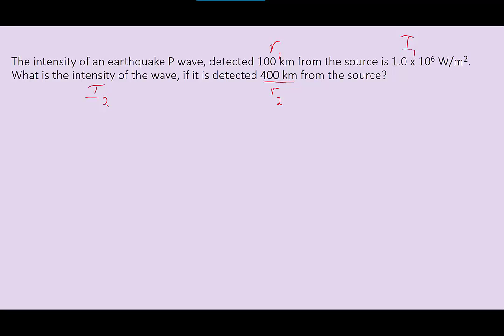There's a couple of different ways to do this. The easiest way, however, is to remember that the intensity decreases with the square of the distance. So we can make a proportion that says that I2 to I1 is equal to R1 squared over R2 squared. And then if we rearrange this and plug numbers in, that means that I2 is equal to I1 times R1 squared over R2 squared,